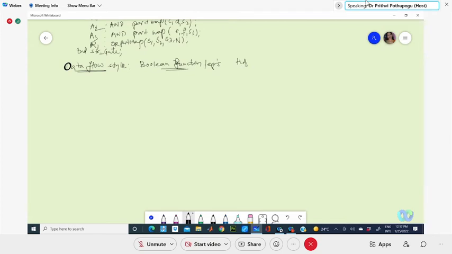So for a half adder, the outputs we are declaring are sum and carry.